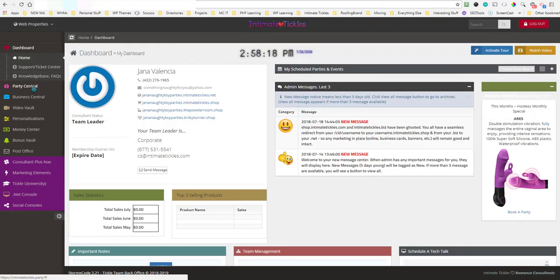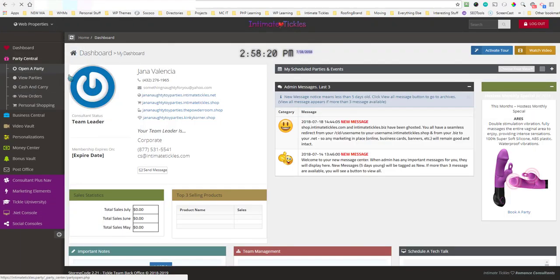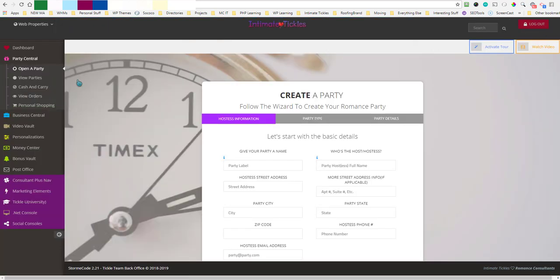Okay, so back at the dashboard, we're going to head into Party Central, and we'll talk about opening a party. Now, you new folks, the few new folks we have aren't going to get this reference, but our current existing consultants who transferred over to this system will understand my reference here. You'll remember that when you had to create a party, you had to create a hostess, and then you had to remember after that to choose the hostess, and then you had to remember after that to activate the party,